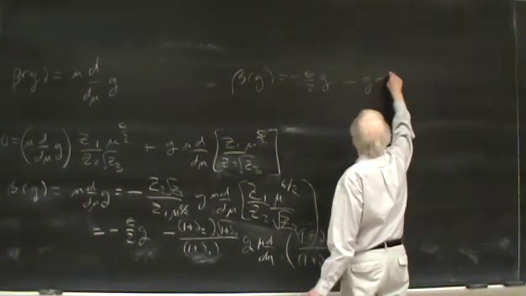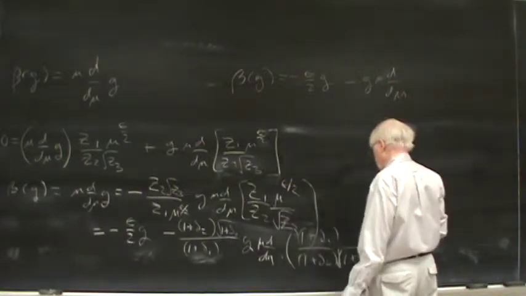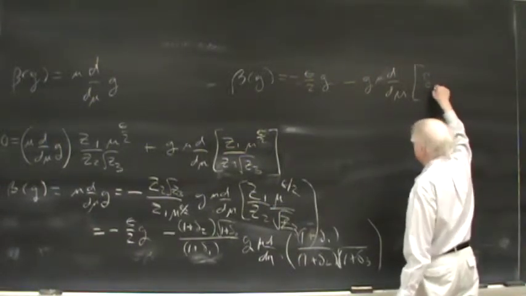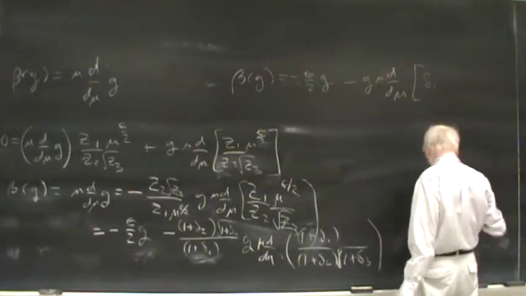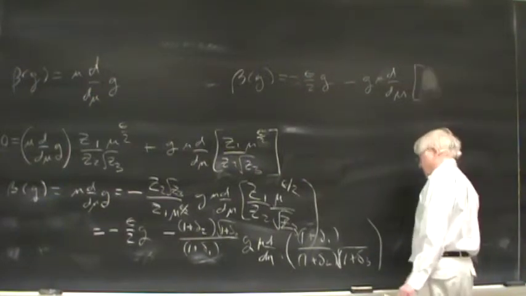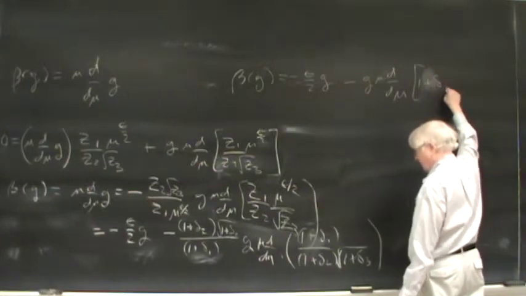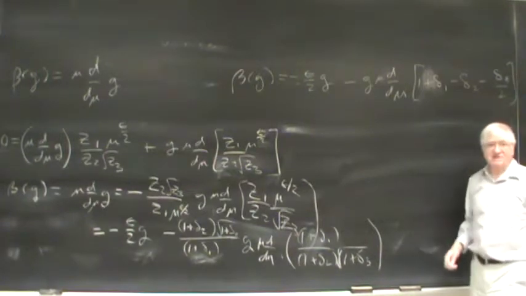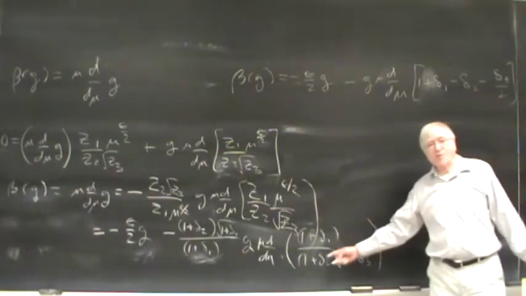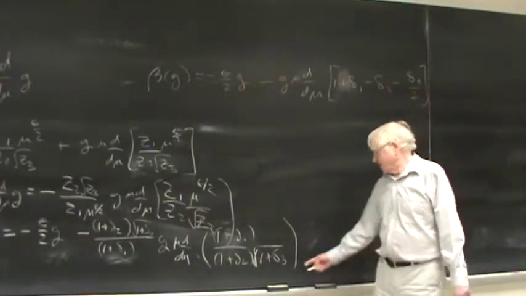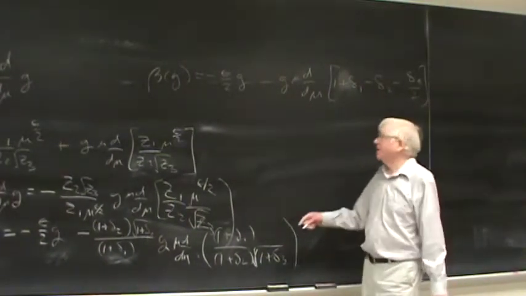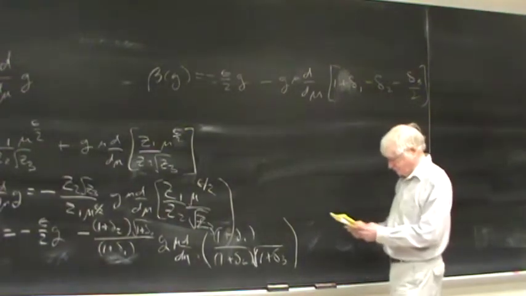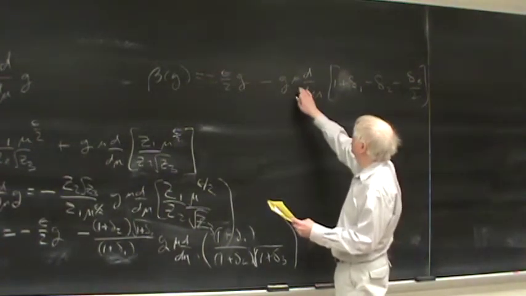mu d/d mu. And now what we have here is delta 1, or if you want, let me do it more accurately. What we have is 1 plus delta 1 minus delta 2 minus delta 3 over 2. So that's expanding. 1 over 1 plus delta 2 is 1 minus delta 2. This is 1 plus delta 3 over 2, so it's 1 minus delta 3 over 2, like that. And then we know that mu d/d mu,